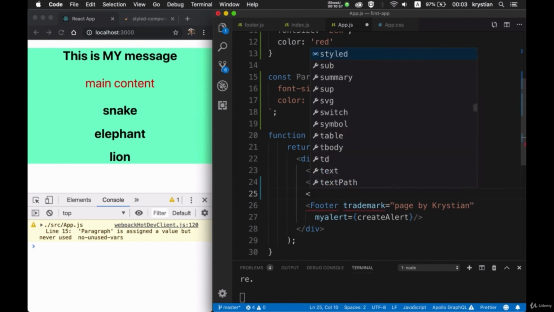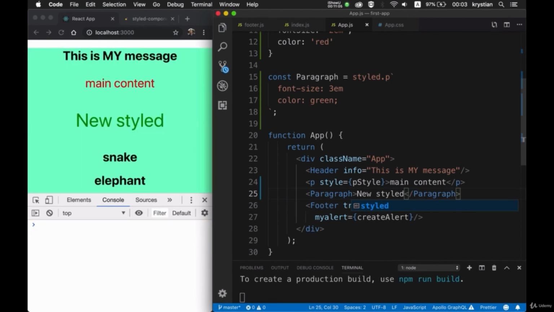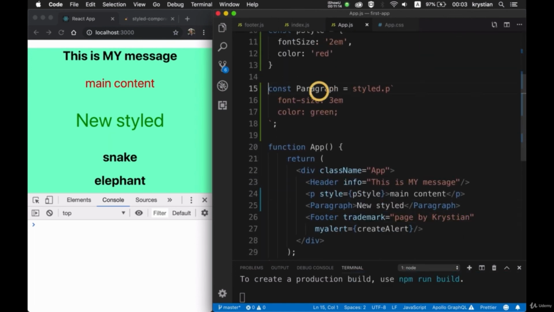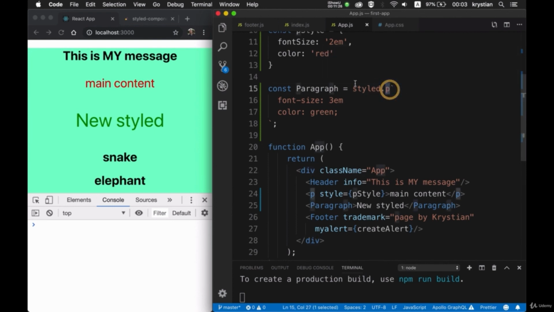Let's create a new paragraph here, and inside I can do new styled, like that. So if I will save it now, you can see here new styled is there. So what I'm doing with styled components is I create my own tags, my own elements, so I can do anything really what is here. In this case I use the p and I name it paragraph. So this paragraph I use it as a tag here, and I can put inside whatever I like. So it is still the paragraph, but this paragraph takes these styles, and whatever I have here they will be